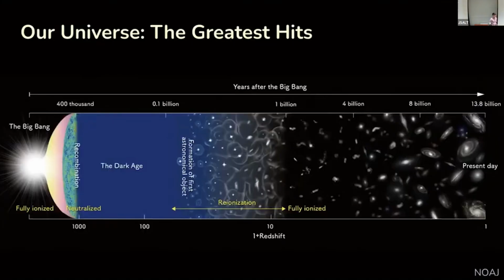So this is showing a schematic of the Big Bang on the left, and going through time, you're progressing all the way to the present day. This is often shown in talks about cosmology. Cosmology is the study of our cosmos, our universe as a whole, on very, very large scales. And so we believe that there was a Big Bang really early on, which we can't see, but we believe